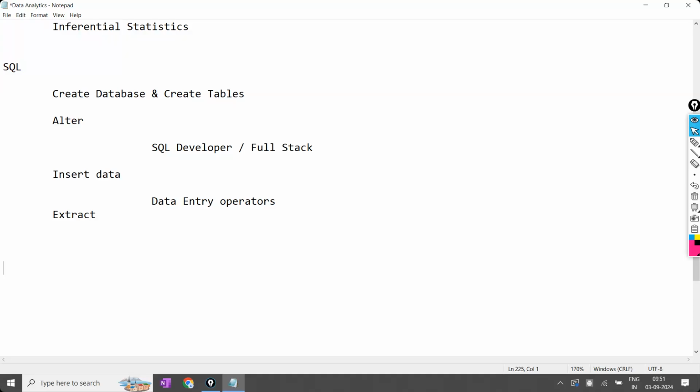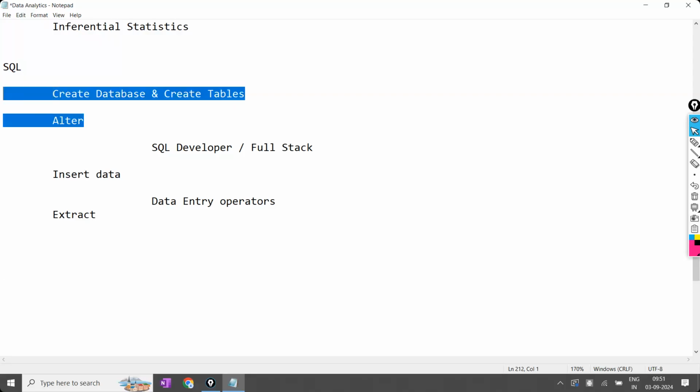Sir, a driver should also be familiar with the basic things, sir. Suddenly, for example, the bike stopped or the car stopped. He should know the basic things, okay. What are the minimum basic things required? So here also, I'm going to explain how to create the database, how to do the alteration, how to create new columns, or how to insert the data. I will show you everything. But that is not the major part. You said driving, we'll learn the basic things automatically. When suddenly a tire gets punctured, if we don't know how to fix a puncture, it is a problem, because somewhere we will be stuck. So basic things are required, but that is not the main work.